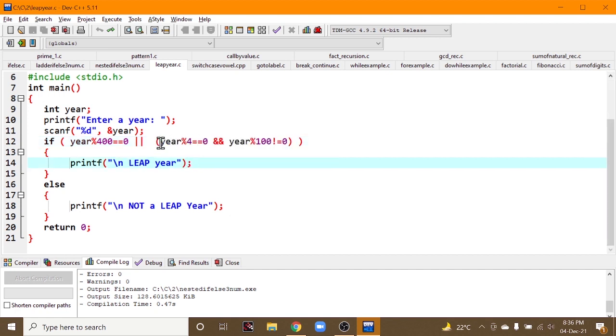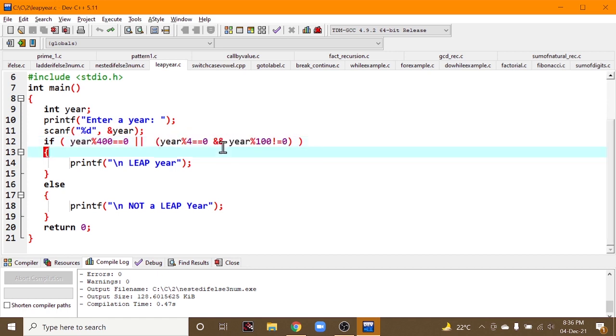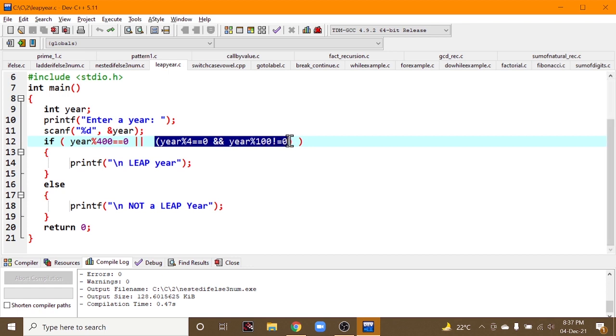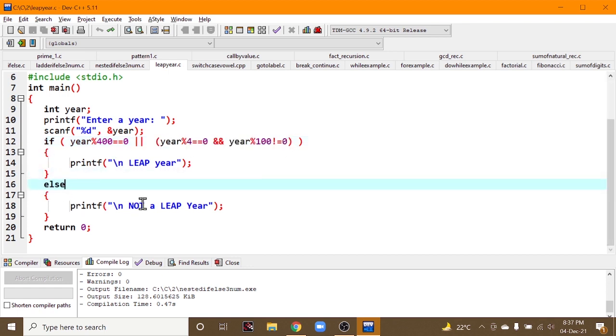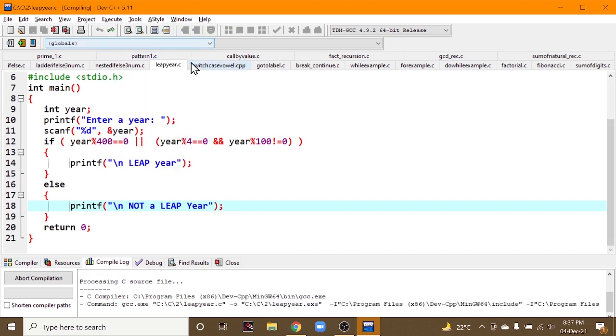It does not depend on this only, it also depends on these both. We have used an OR operator, and if both of these conditions are false, the else block will execute, that is, it is not a leap year. Let us take an example, compile and run.